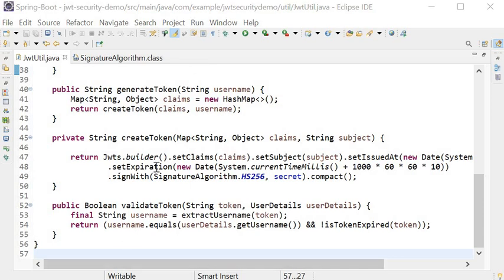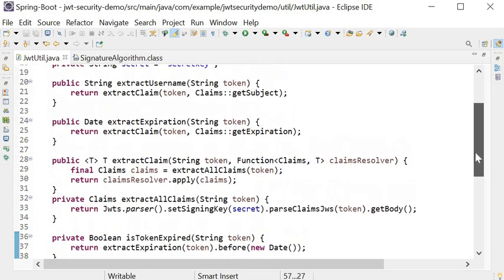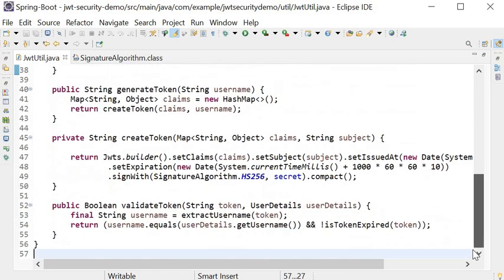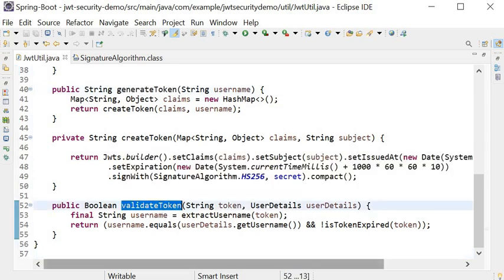Our token will be generated in the form of an encrypted string. This class also contains a few more methods, extractAllClaims and extractClaim, but we are just going to use two methods, generateToken and validateToken.